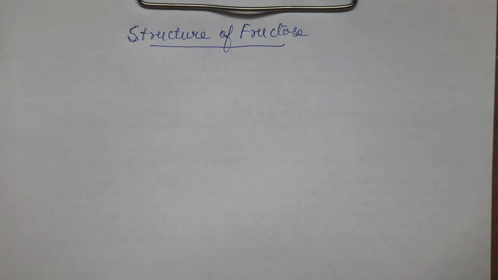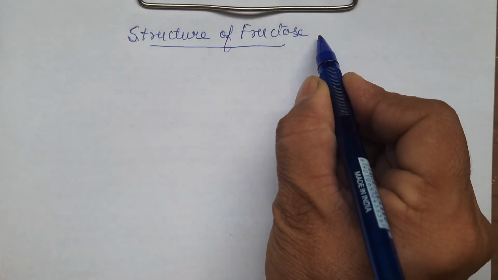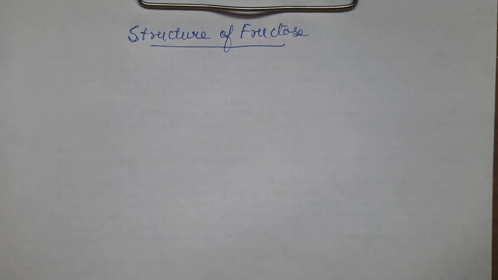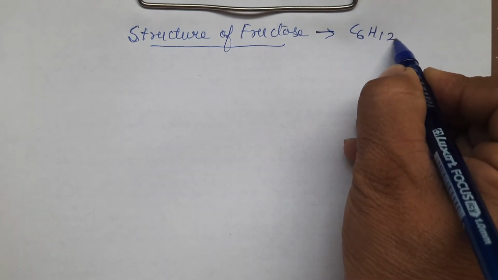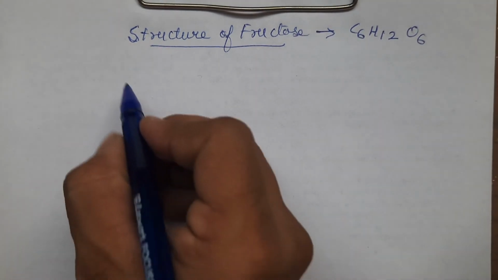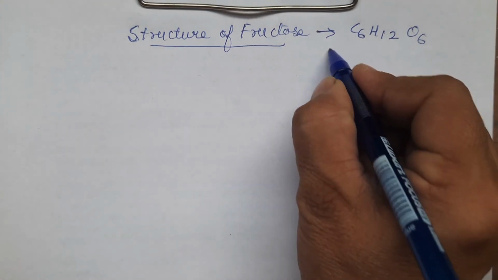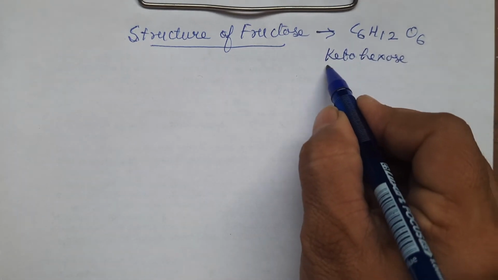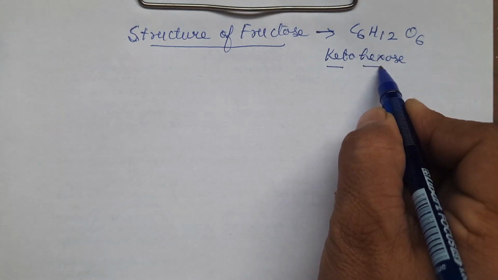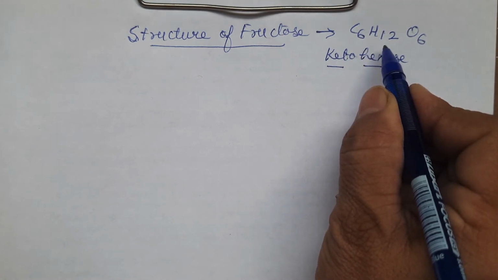Today we are on to the third video of the Biomolecules class 12 chapter. And in today's session, we will be studying the fructose structure. It's a monosaccharide. This we have discussed earlier. The molecular formula for fructose is C6H12O6. And that part we have also discussed, that this is a ketohexose. Ketohexose means it has a ketone functional group and 6 carbon atoms, which we have already done in the classification part.